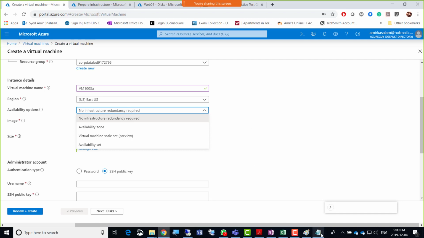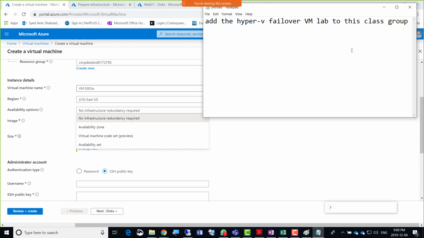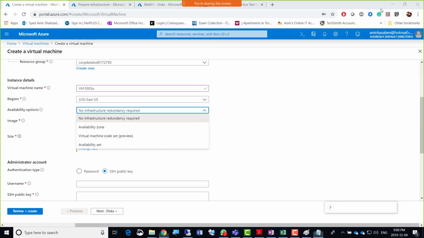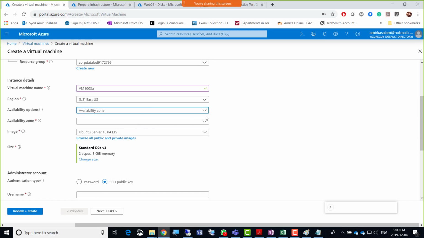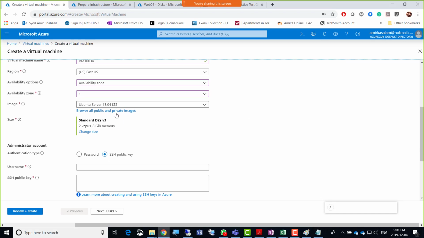In my reminders, delete your stuff from Canada Central and East US. Otherwise, the final charge sheet or bill will remind me, oh, I forgot that. Okay. So anyway, guys, I've just changed to East US and the availability zone I've selected already. It's asking which availability zone, just select 1 or 2 or 3, whichever. And Ubuntu is selected already.